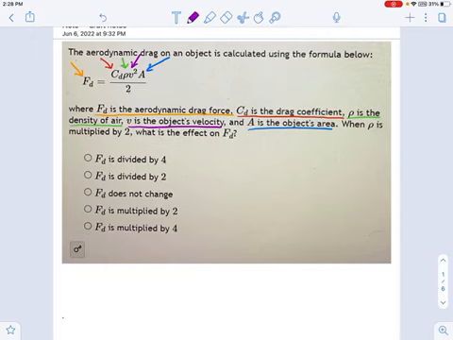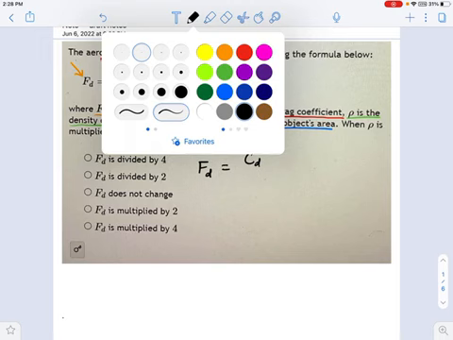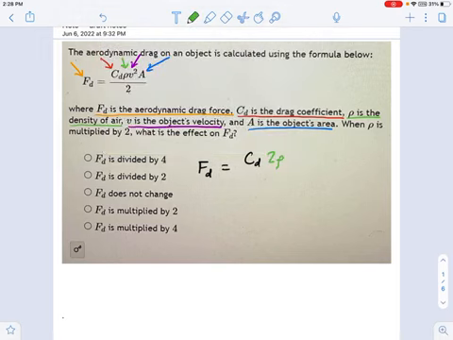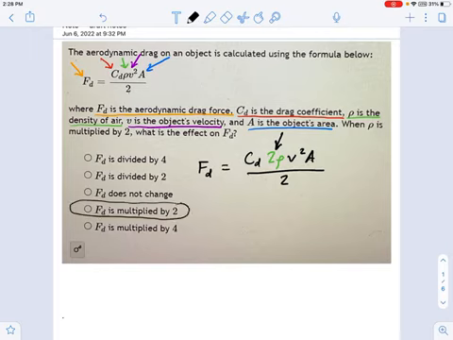Well, let's plug it into our equation and see. So I'm going to write that equation over again. Here's my drag force equals my coefficient of drag times, not P, now it's 2P. And the other things are all staying the same. Velocity squared, area, and then divided by 2 here. What's the effect on drag? What has changed compared to your original equation? And you see there it is. It's this times 2 thing. The drag force has been increased by 2. Okay? So that's all we're asking for here. We're just asking you to plug something in and see if you understand the relationship implied by an equation.